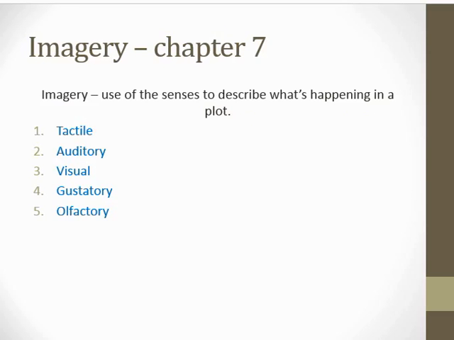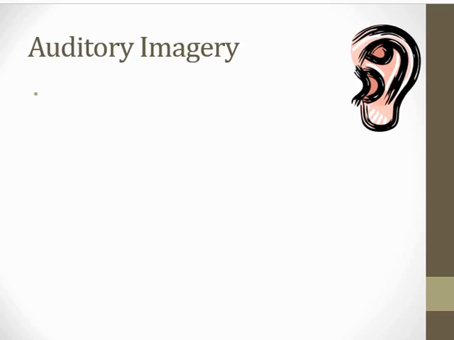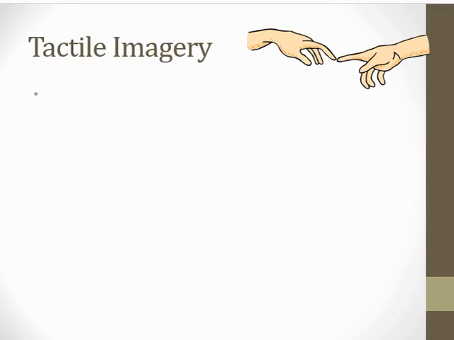One of the things that I'd like you to underline as you read are literary devices and examples of them. For example, imagery occurs throughout the novel. There's tactile, auditory, visual, gustatory, and olfactory. If you recall, auditory is the sense of sound, like birds chirping. Tactile imagery is the sense of touch, like when he touches Spirit Bear.